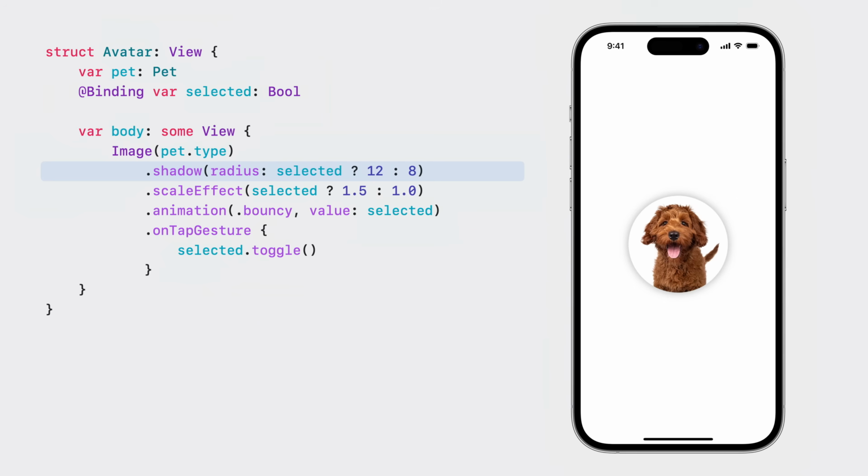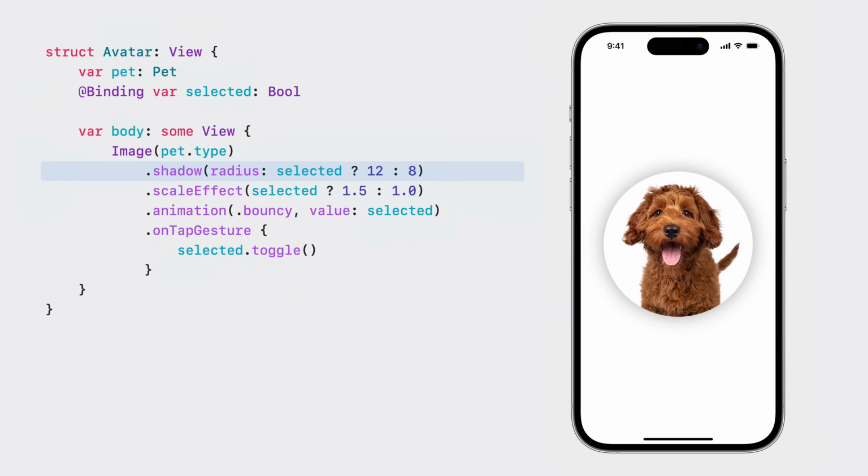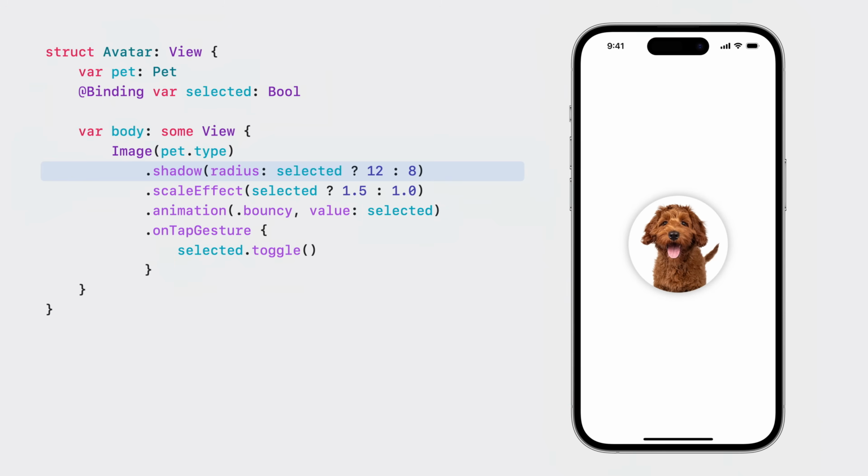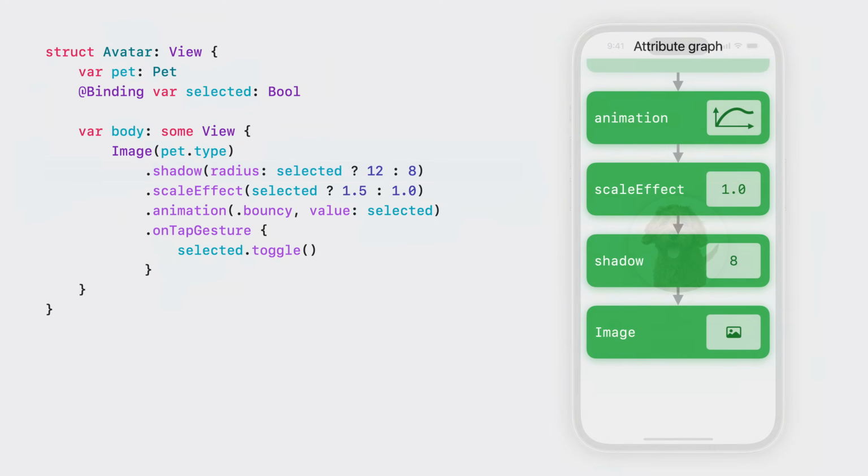The animation view modifier is also a powerful tool for situations where you want to apply different animations to different parts of a view. For example, the pet avatar has a shadow, which I've omitted thus far from the example for the sake of simplicity. The shadow radius increases when the avatar is selected, to accentuate the illusion that it's elevated above the background.